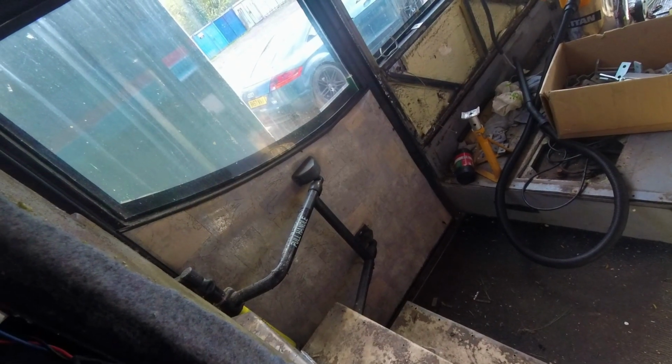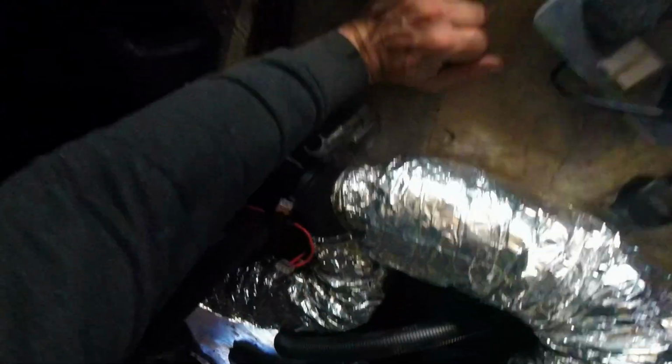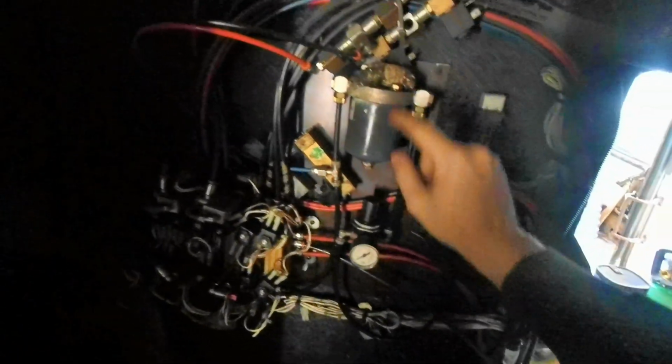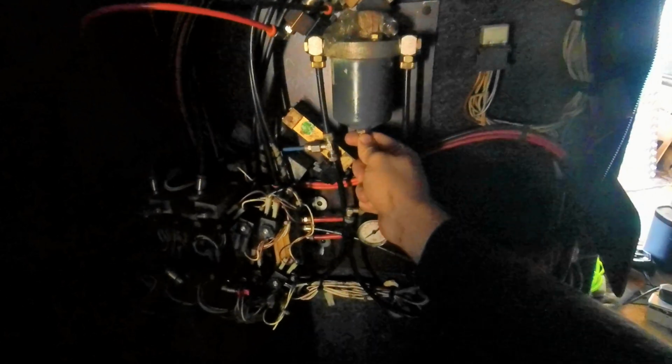So what I need to do before I start taking the door apart, I need to be able to get in and out of that one, which means I need to spend some time looking at this. So what I have worked out, based on all of this stuff, that looks like a dryer or an oiler maybe. I think it's probably a dryer so that you can drain out any liquid. And this pressure regulator,